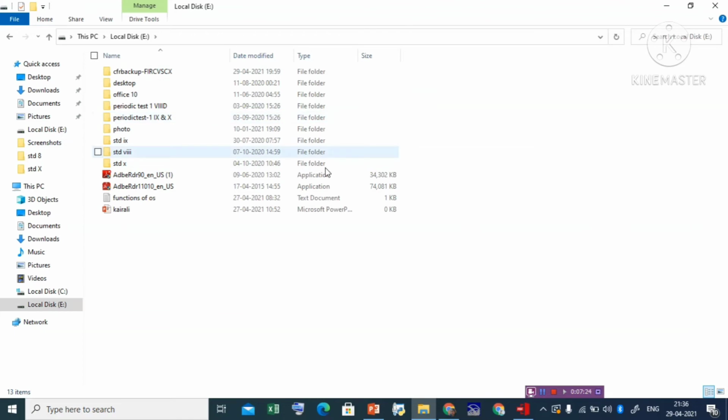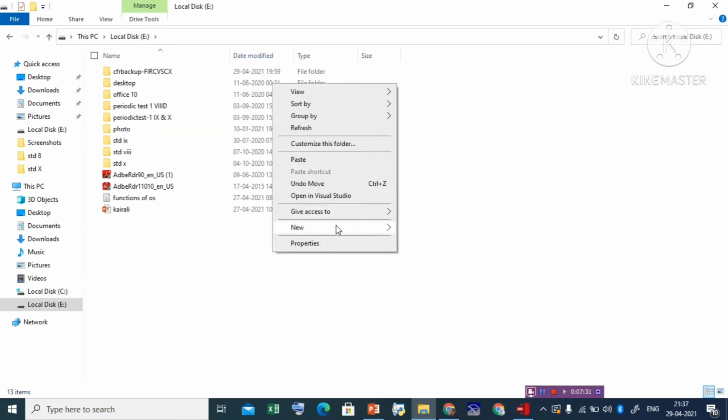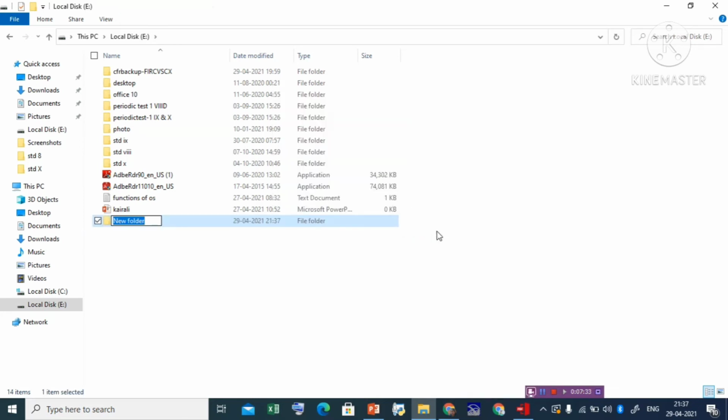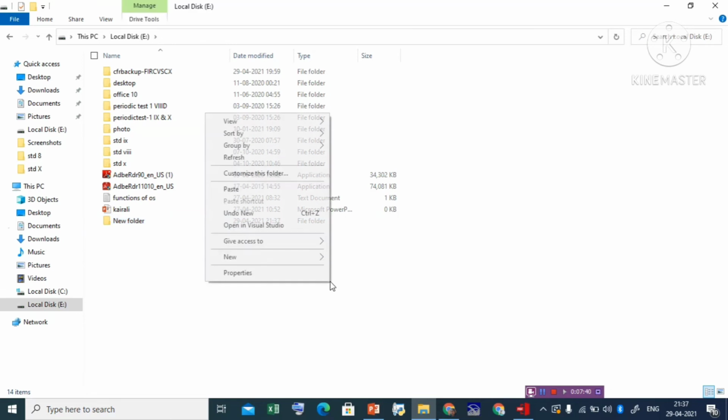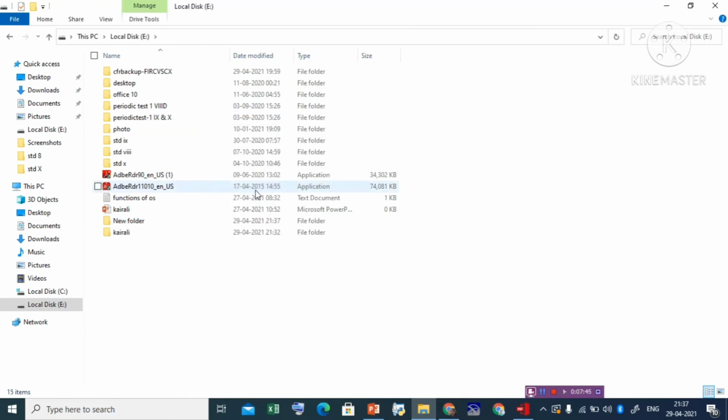Here you can make a folder by right clicking, new, folder, and paste inside it. Otherwise, to paste directly, right click and go to the paste option. The folder or file you cut or copied will be moved or copied from one drive to another drive.